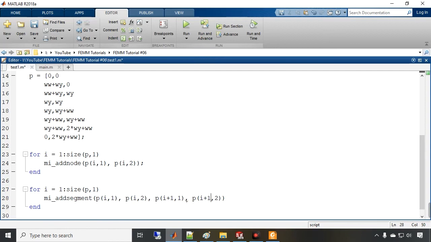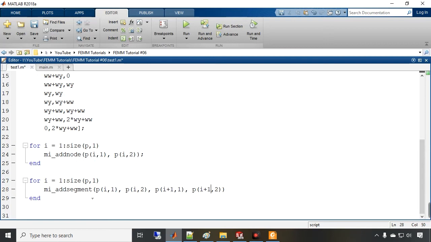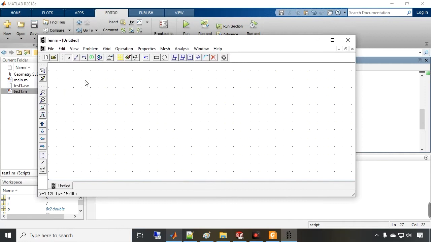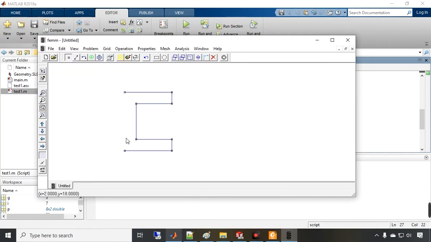But consider that we have an error here for the last point, right? When we reach the number of points, we will get an error because this index will be higher than the matrix length. So I write here size p and 1 minus 1. If I run this code, as you can see here, we can generate this model,